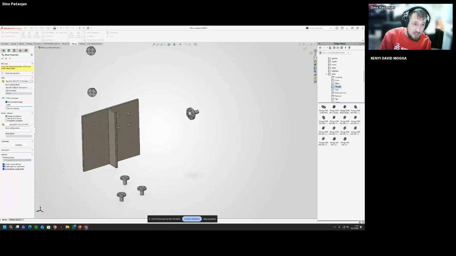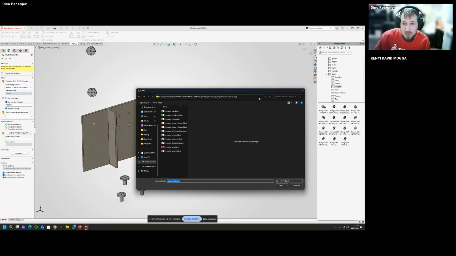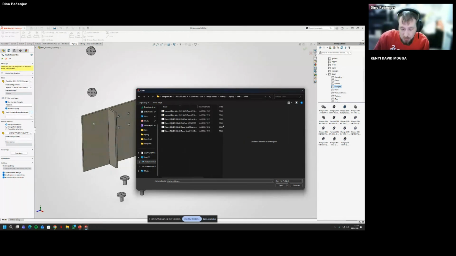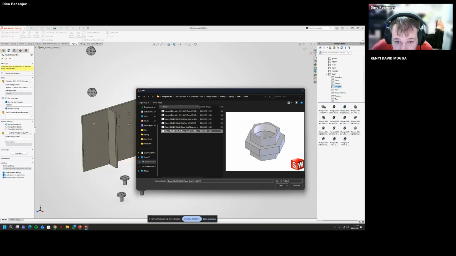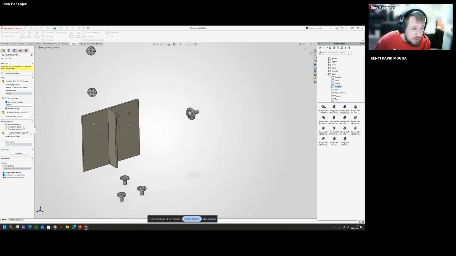So let's say every 1 meter, we want to use the coupling, or union. For the union, we're going to use flat seat U1, and we're going to say open.